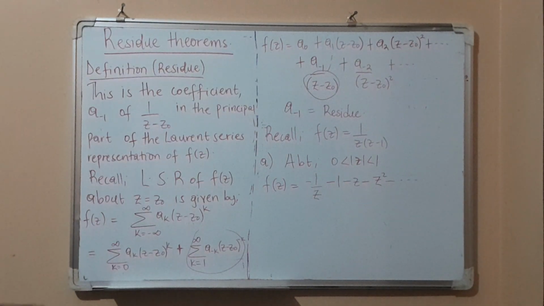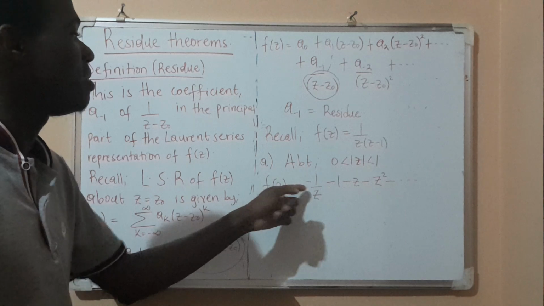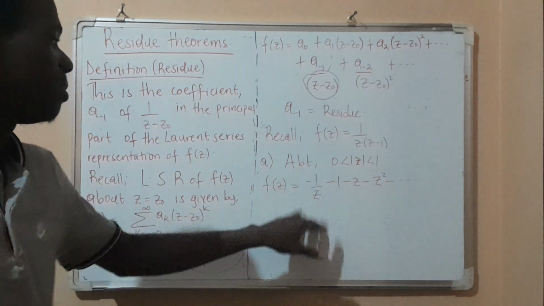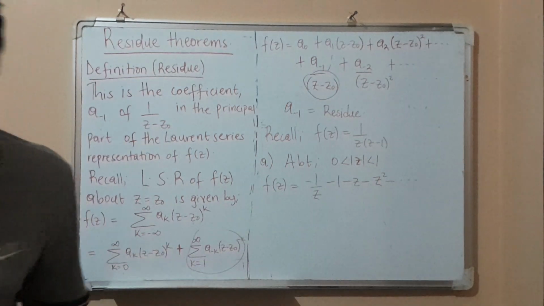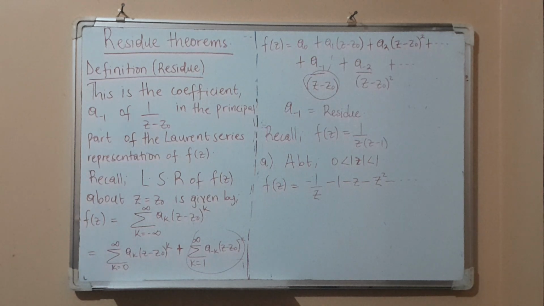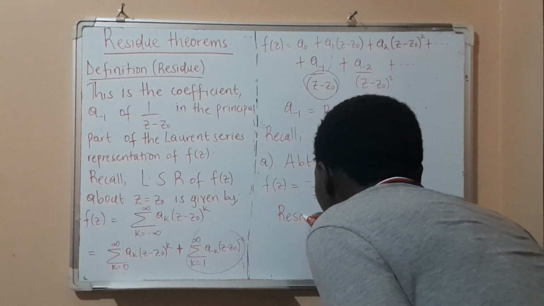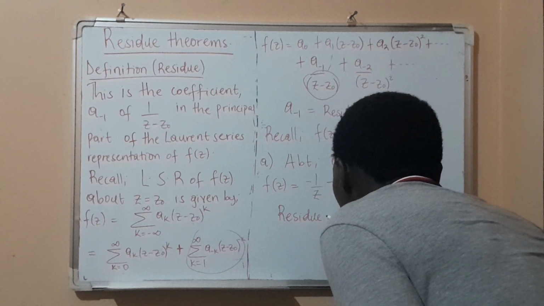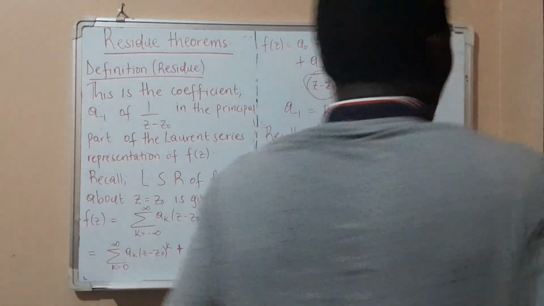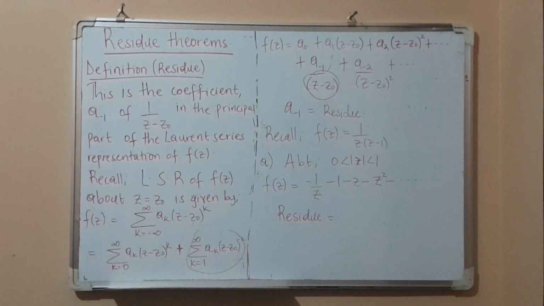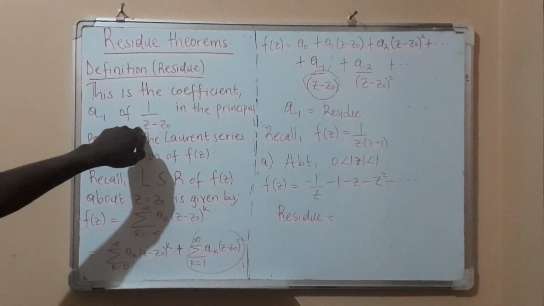But there is no way we can obtain negative 1 over z squared. We only have this term representing the principal part. So if I want to get the residue in this case, the residue is equal to the coefficient of 1 over